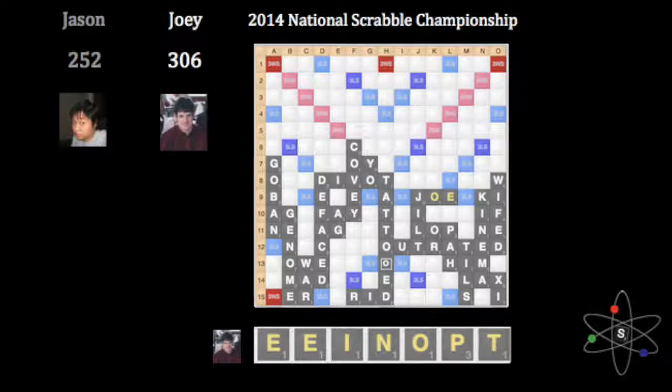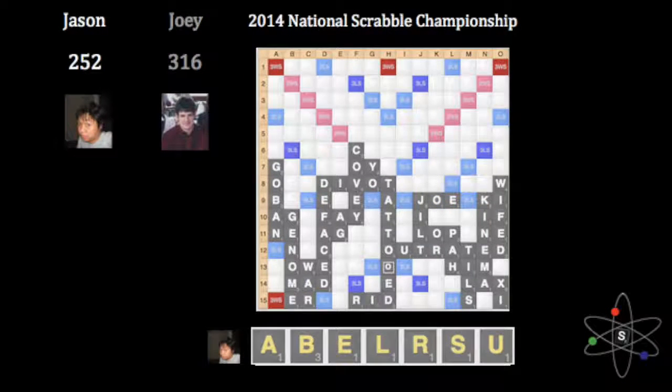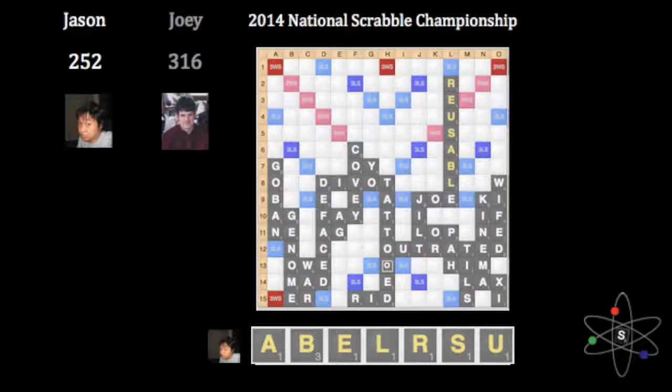And because that's a really tough position, I think it's going to be really hard to find anything that's all that satisfactory. Jason bingos, plays REUSABLE to the E, and Joe, and all of a sudden we have a game now. Joey,